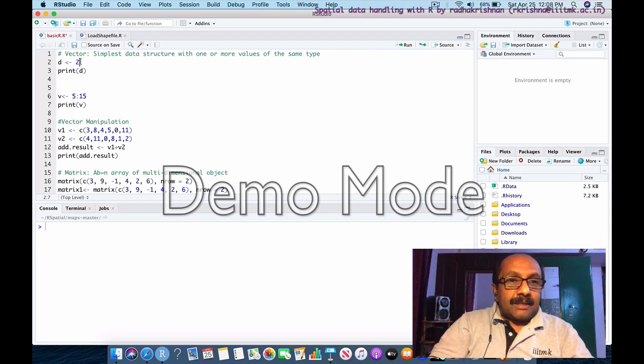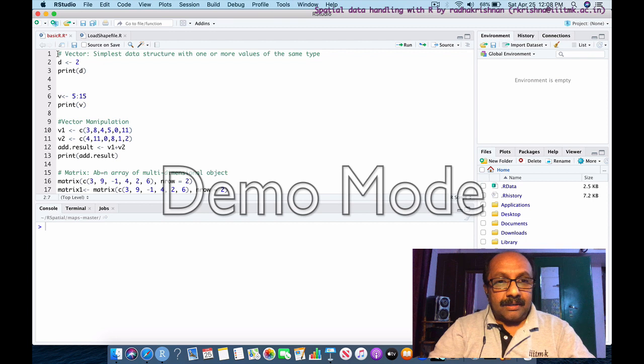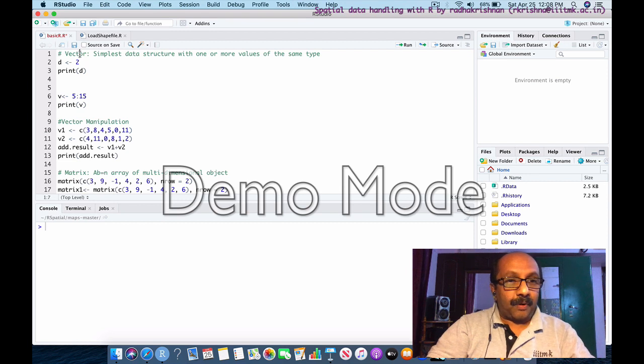You can see the cursor location. So the cursor is in the second line. Whenever you use a hash, that is a comment. This is only used for giving information. This is not treated as a command for R, so it will skip this line. This is only for communicating why I am doing this, some information about the code. So the command is skipped.